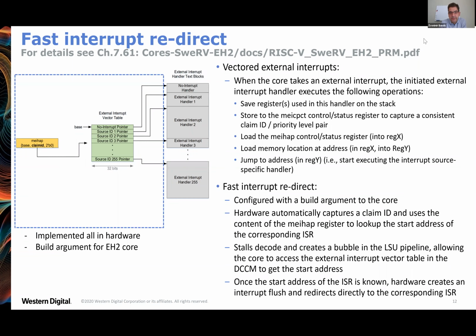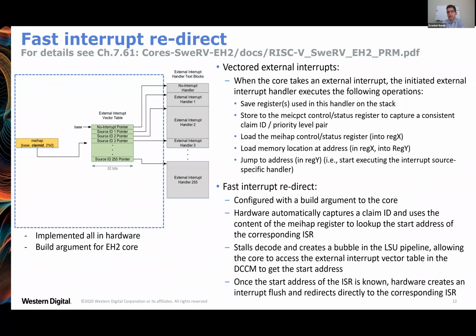What we have done in a fast interrupt redirect is take this first part of the architecture, including the external interrupt vector table, and put everything in hardware. Hardware gates will actually execute this whole process, capture a claim ID, and look through the external interrupt vector table, which is now in a closely coupled SRAM, and